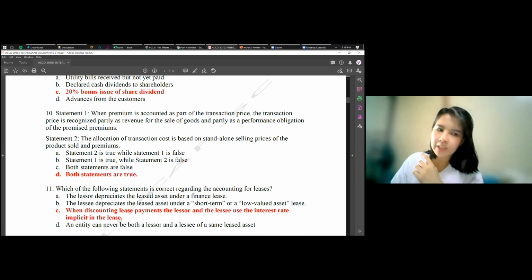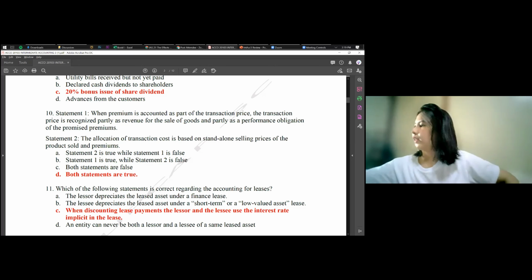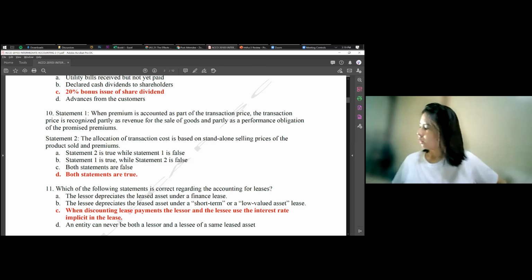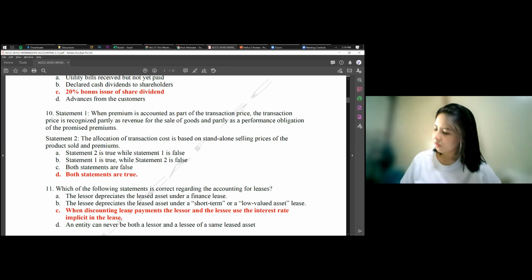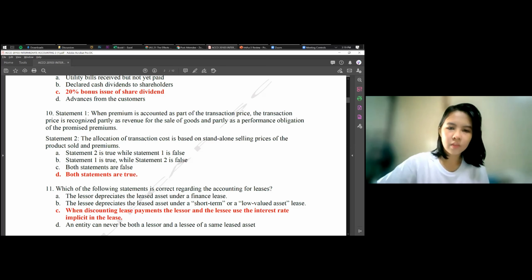Okay, let me get back to you regarding letter D, because it's a bit sketchy. I haven't really read something about this. So, yeah, I'll take note of this. Then, letter D. Okay, so